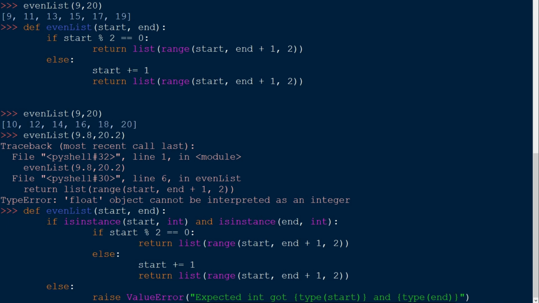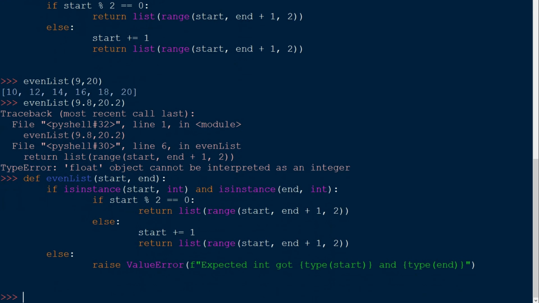Expected int got type start and type end. It will be an f-string, so just type f over here. Okay, now press enter. Now if I just call this function again with float values, let's say 9.9,